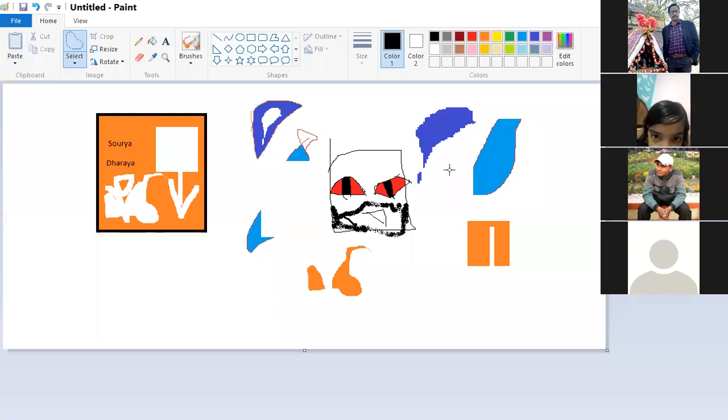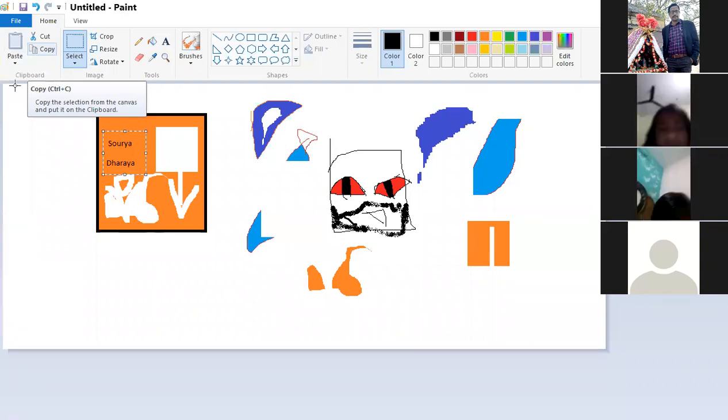If I want to do things with copy and paste, let's say copy and paste. First I will go to select and change it to rectangular selection, and I will select this portion, Shaurya and Dhaurya. This portion I have selected. What is the purpose of selection? Say I want to copy it.